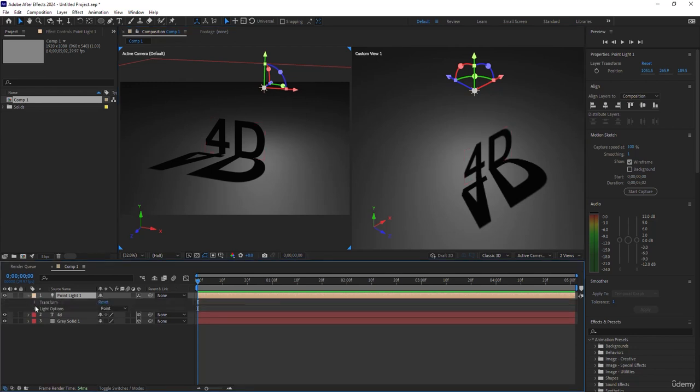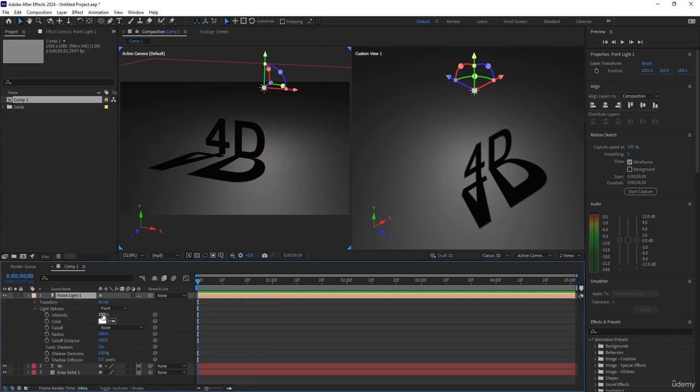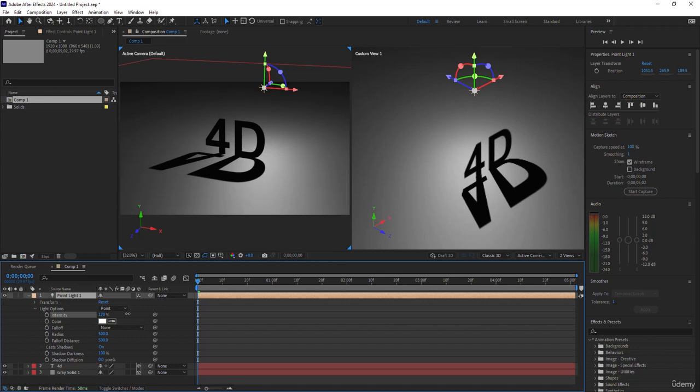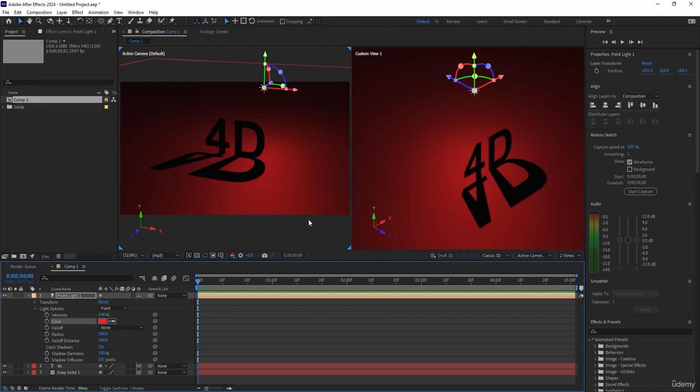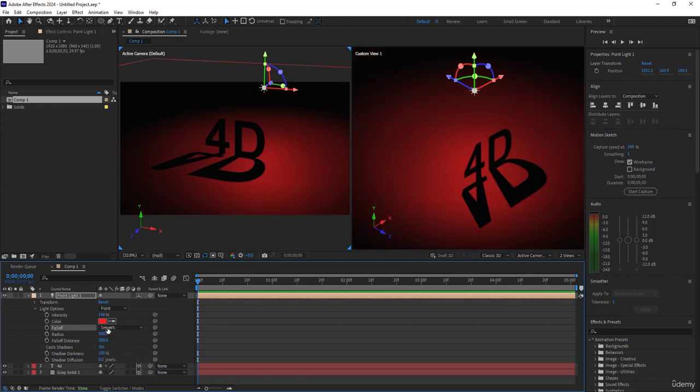Expand the light, go to light options. You can increase the intensity, which is the power of the light. You can change the color of the light like this. You can increase the falloff of the light. You can see now our light is illuminating a specific area, which is falloff. Okay, so there are two methods. One is smooth, second is inverse square clamped. So use any one you want,